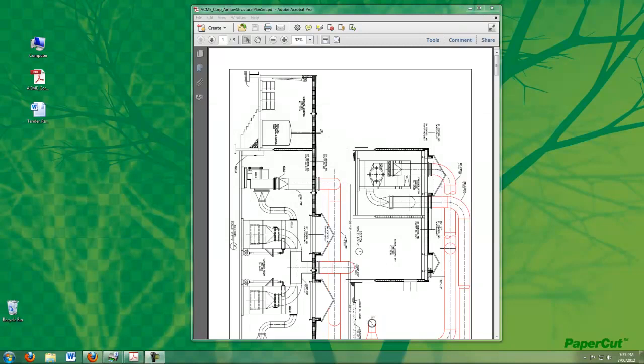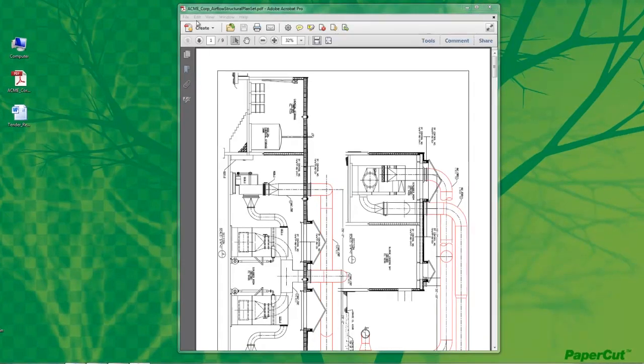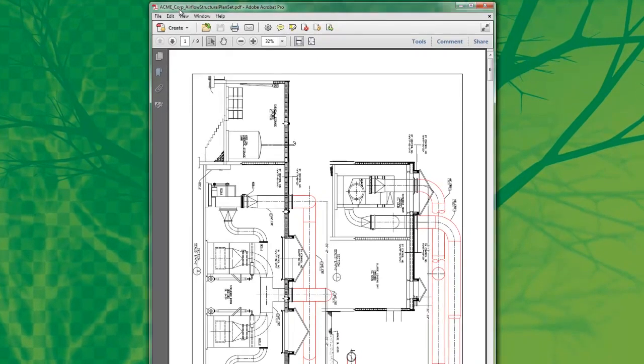I'm going to be demonstrating the user experience of using PaperCut in a professional organisation such as an engineering firm, an architecture office, a legal or accounting firm. So typically in these professional organisations, the cost of printing is charged to an account such as a project or client account. So here I have an engineering diagram that's going to be printed on a wide format plotter, and